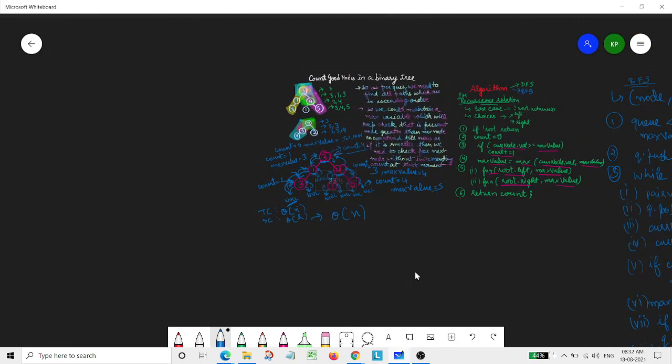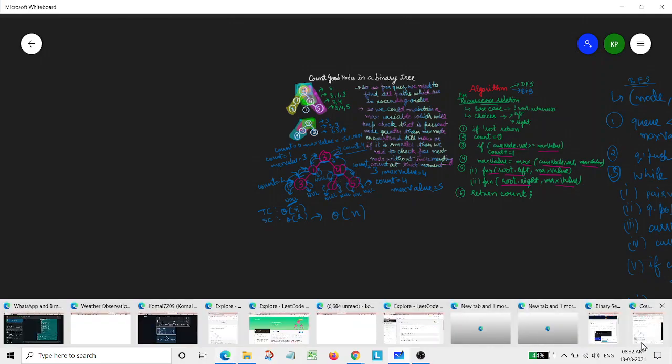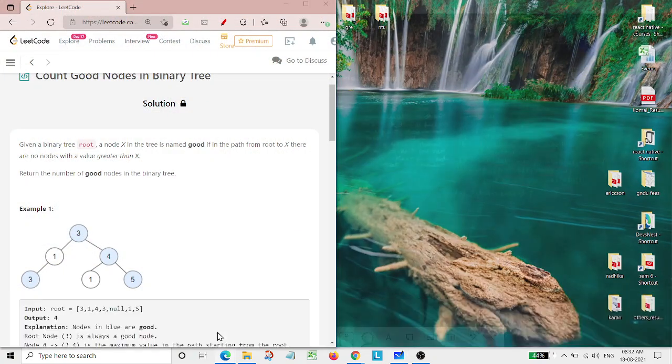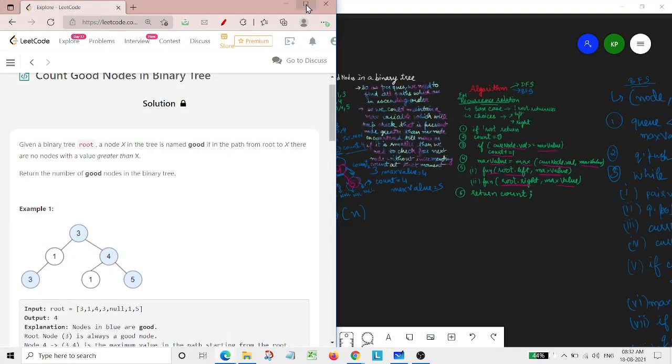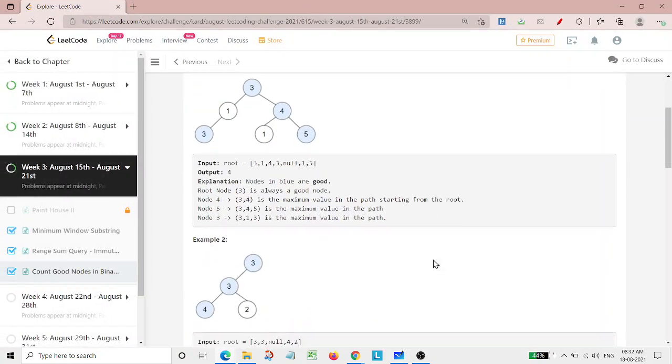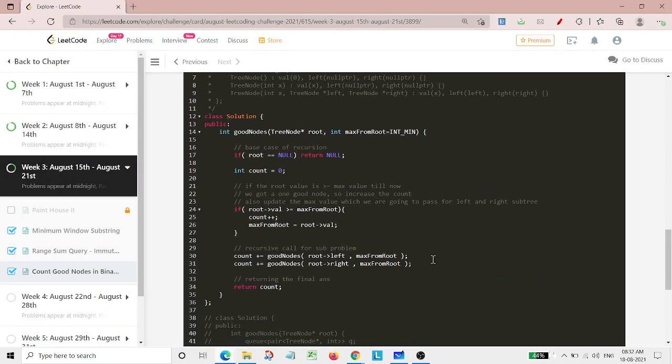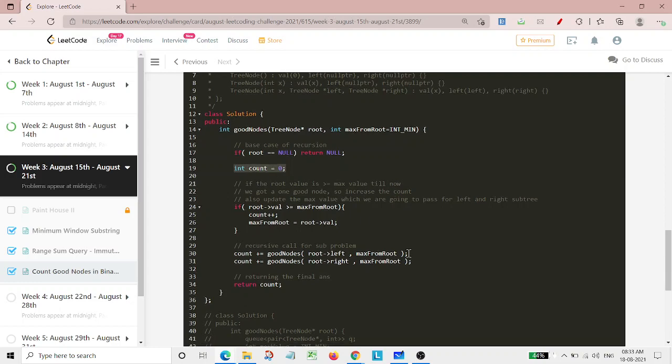And now comes the coding part. First, for the DFS: if root equals null, then we simply return and the count is 0.